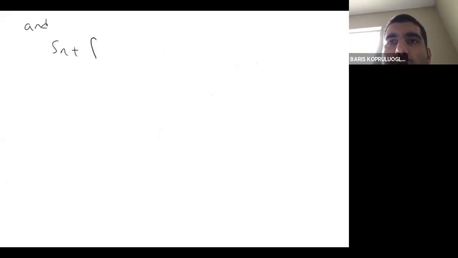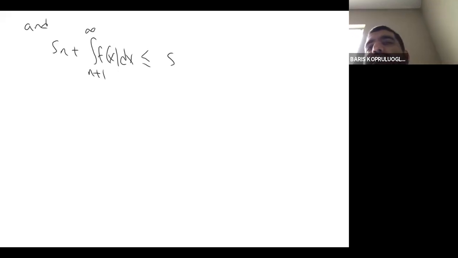If you add Sn to both sides, this is what happens. If you add Sn to Rn, in other words, the approximation plus the error, we're going to get you the actual sum S. So then the actual sum